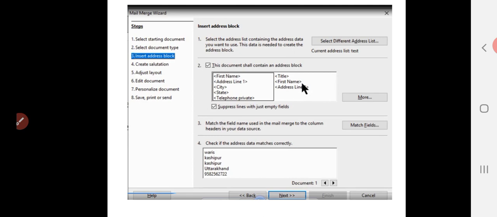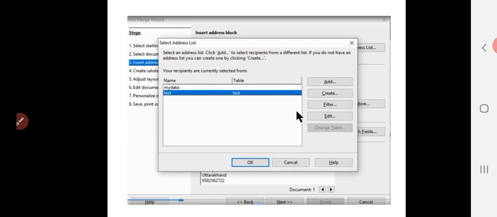Okay, so here you can see we have so many options like first name, address line, city, state, telephone, private, titles. Whatever values you want to select, you just have to click on the next option. As per your requirement you can choose any one of them. Suppose I just want to select only a simple value, so we have to click on the customize option, and then you have to add